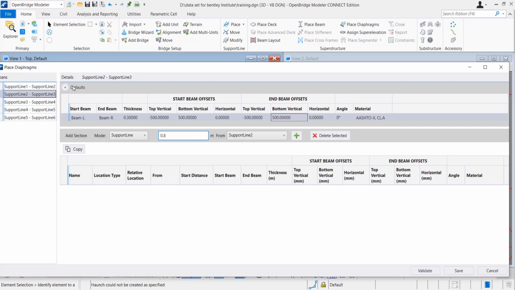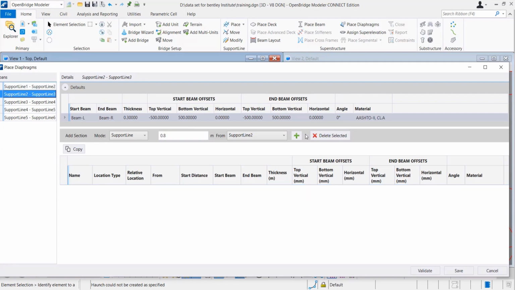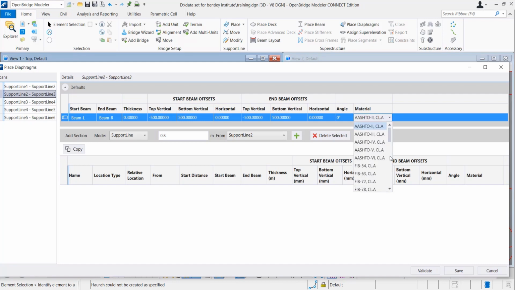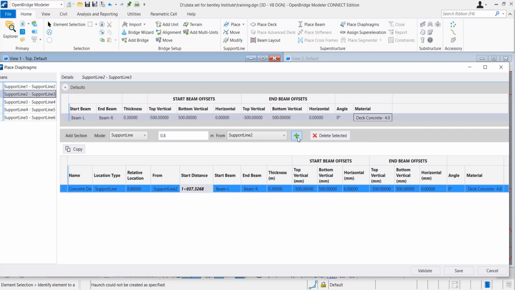So you can see that positive is toward the direction of your span. Support line 1 to 2 is the positive direction, and whenever we are selecting the end support lines we are giving a minus offset. So you have to remember that it reads by the direction. So from support line 3 we need to give a minus.